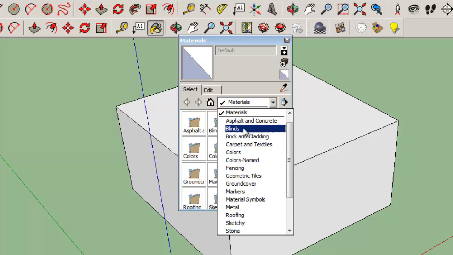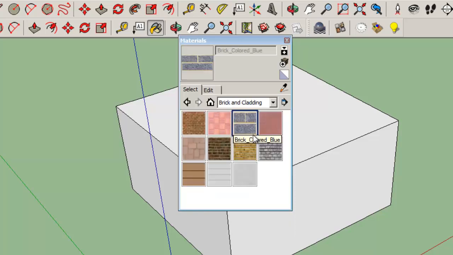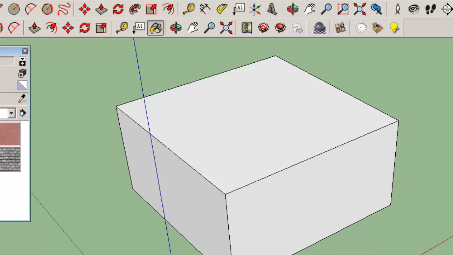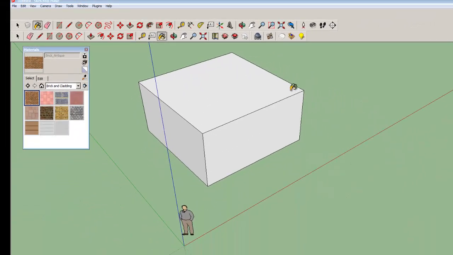And we can see that SketchUp has a lot of pre-set materials inside the program. Why don't we start with brick? And we can see the bricks that are there, and we'll just choose one of the materials. Pick on it, you'll see that it appears as an image at the top of that window for us, and then we can just drag that window over to the left and simply go to our surfaces in our model